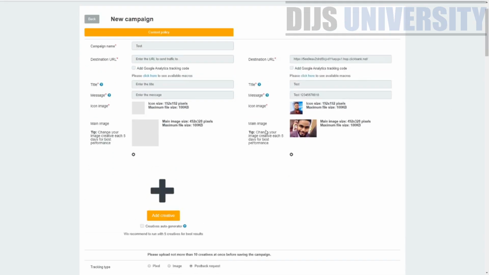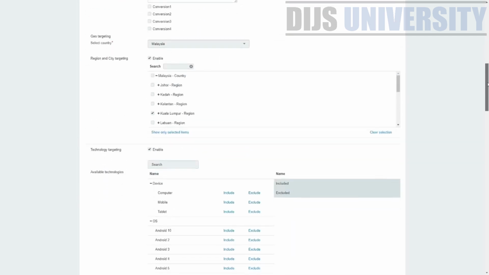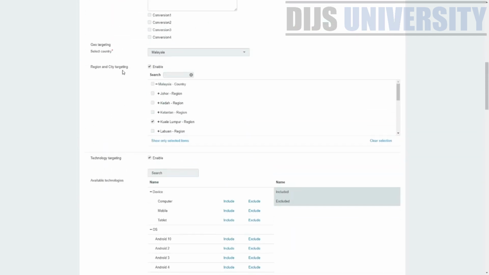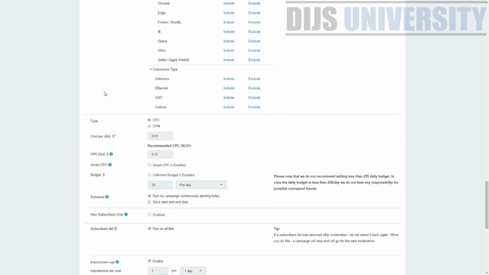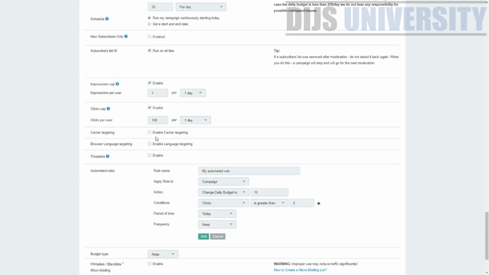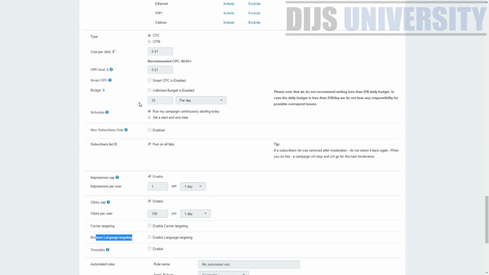For example, they do have a micro cropping within the software itself, so you don't need to use an external software like Canva or Photoshop, which makes life much easier. And when it comes to targeting, they do have region and city targeting, and they have a lot of good targeting system. Especially I like this one over here: target carrier, target browser language, timetable, and all this kind